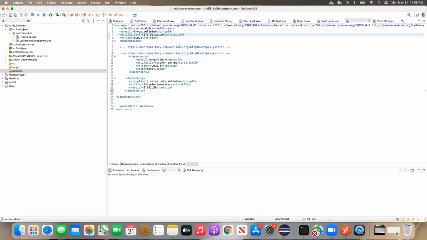Okay. Right now I have given this as an example, where I have mentioned the group as group underscore Selenium, in the format of a package, which is defined as com dot something name dot something. That is the format of a package: com.org.edu, something like that. Where do you see this com, org, and edu?